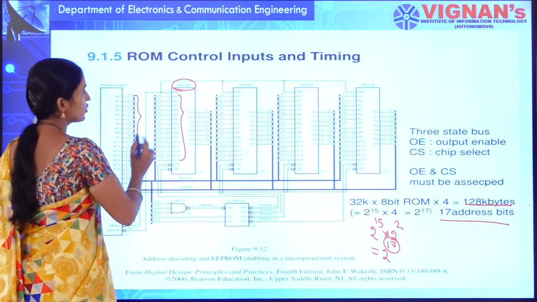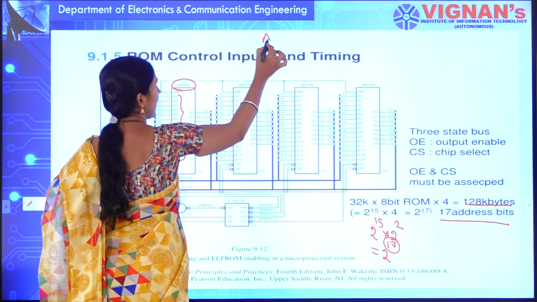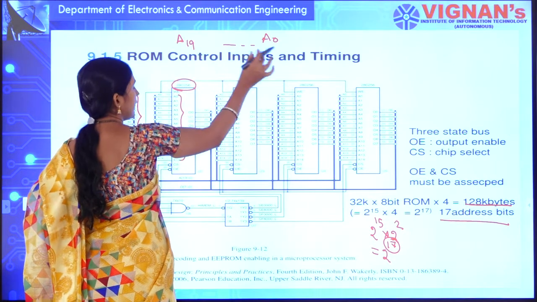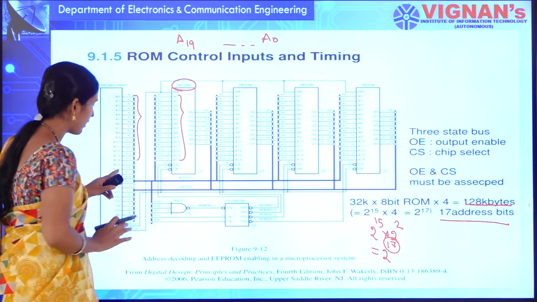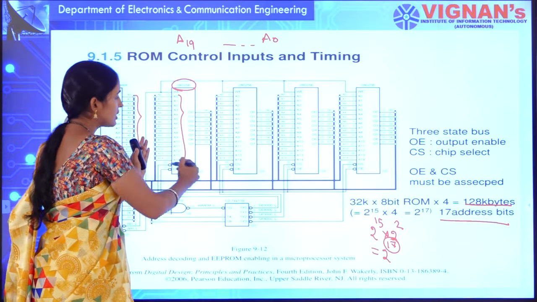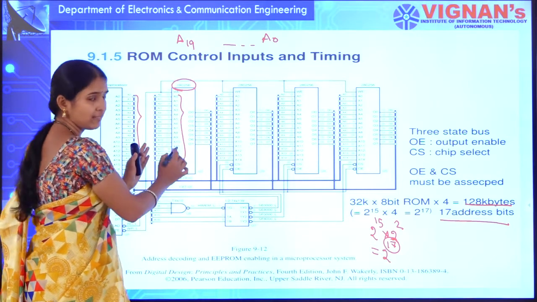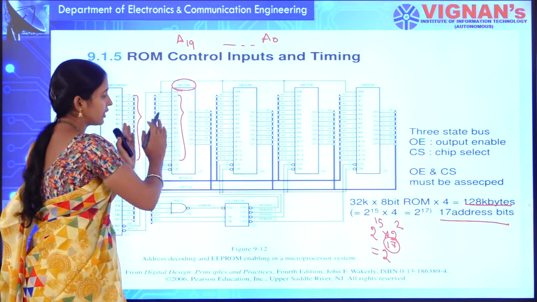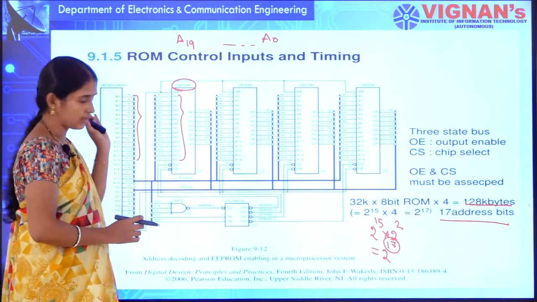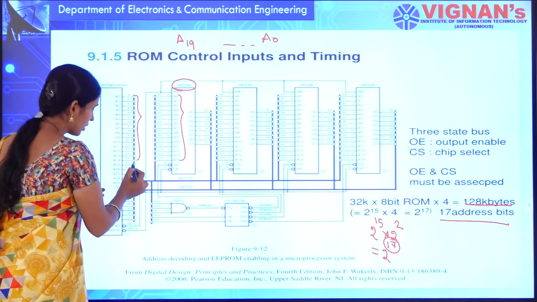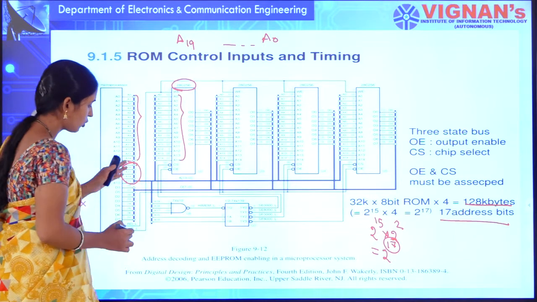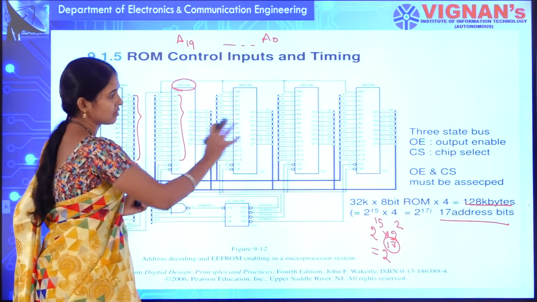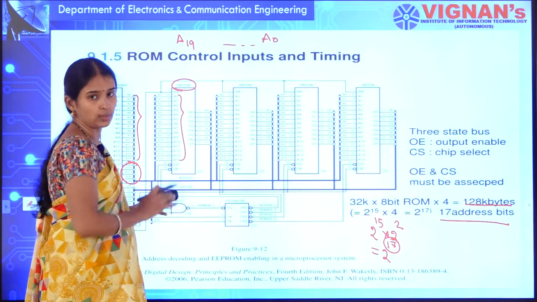These 15 address lines are connected to the 15 address lines of the microprocessor. But in the microprocessor we have 20 address lines, that is A0 to A19. But this IC only has 15 address lines. So, whatever address is given will be applied simultaneously. But what about the other 5? The other 5 are used as control inputs.